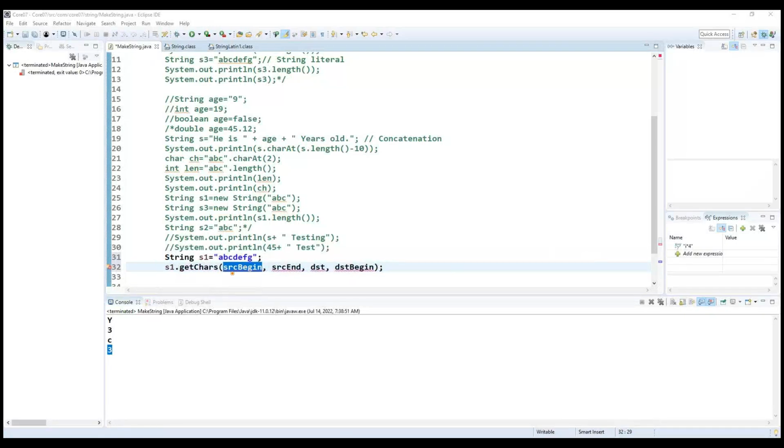So carefully observe. Source begin: from which character, or we can call it which index onwards, we want to begin. We can give the number. If I want to start with 0, because all the indexes start with 0, I give 0. Now what is the end character? If I want to copy all the characters, now what can we do? S1 dot